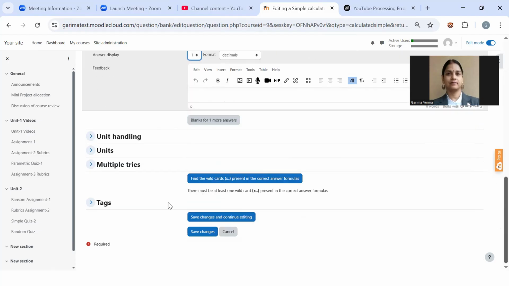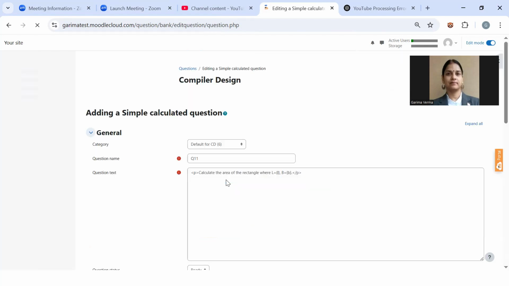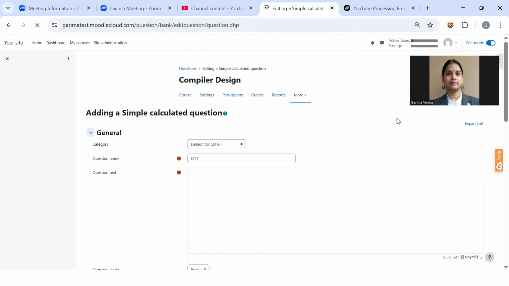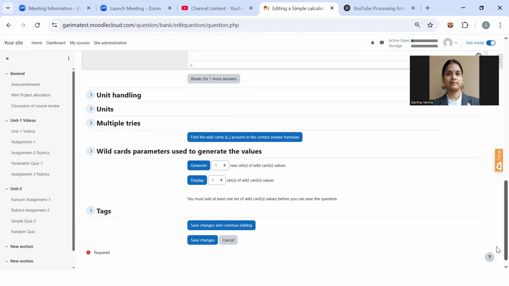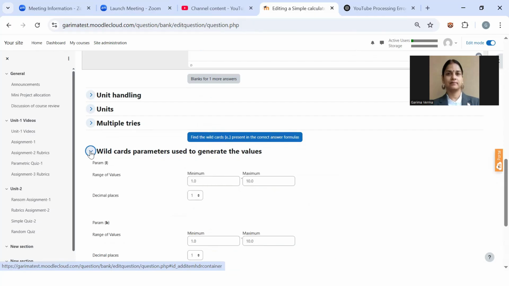Now, come to the bottom and see there is an option multiple tries, where there is an option find the wildcard. So click on this. Now again go to the bottom. Click on wildcard parameters.